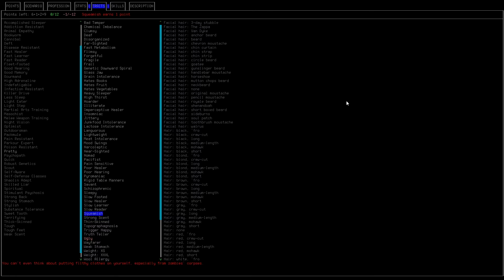I wouldn't take squeamish. I would not take slow learner. It just means that you're going to go slower. But you would read stuff and go. I would probably not take slow learner because your skill grind is going to be even slower. So let's go with